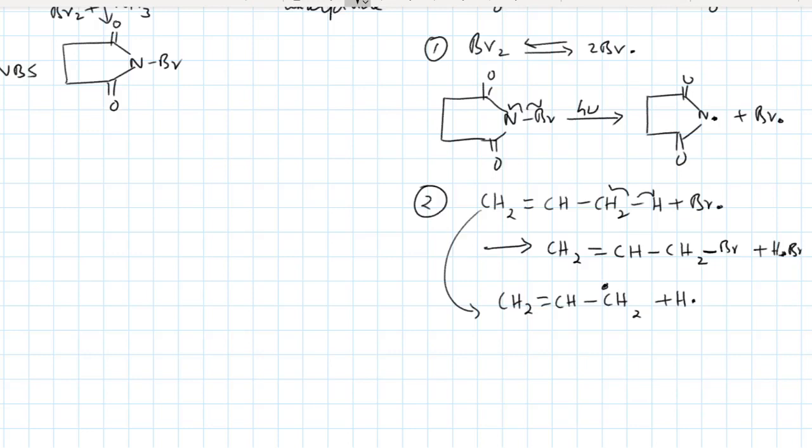So it keeps on attacking all the molecules of this allylic compound present in the reaction mixture. Once all the molecules are attacked and converted to the corresponding compounds, in the chain termination step, Br dot and Br dot combine together to form Br2, and the reaction stops at that stage. So as I told you, if you take a very high concentration of Br2, it gives you the addition reaction.